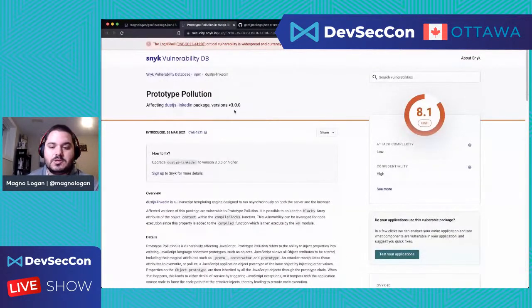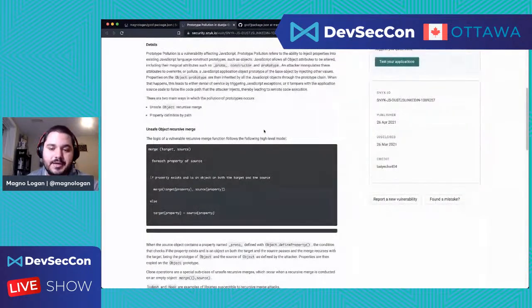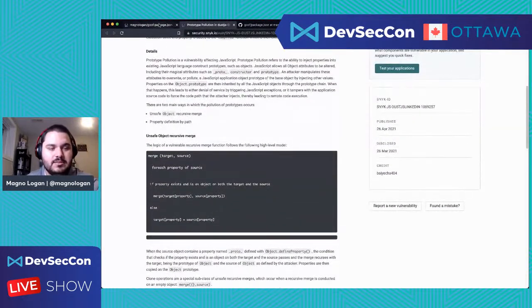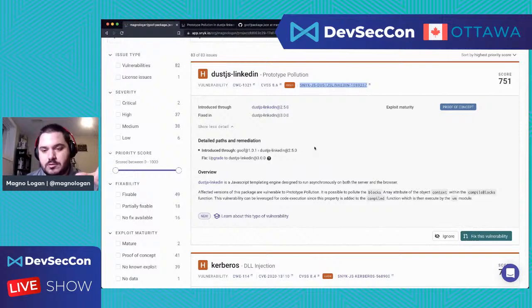You can take a look there for more information about the vulnerability itself, how to exploit it, how to fix it, and all that stuff. But the more important information is already available on the Snyk platform.